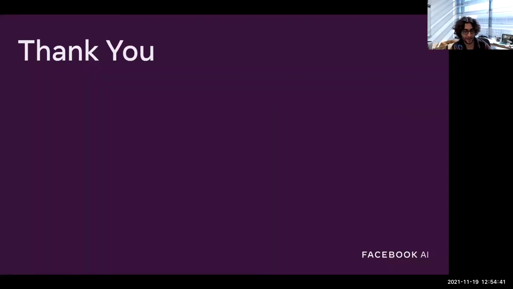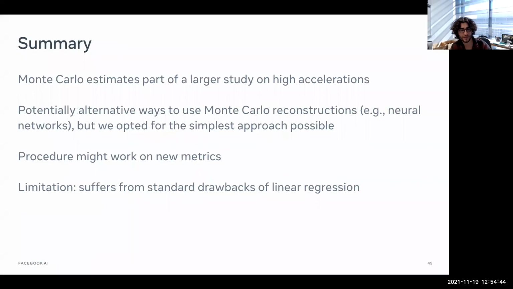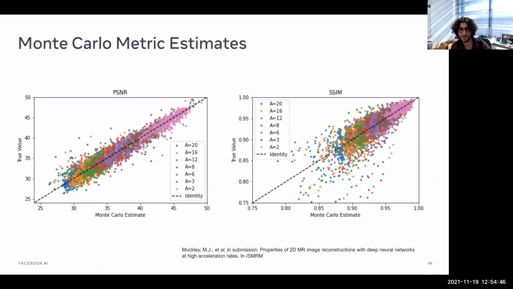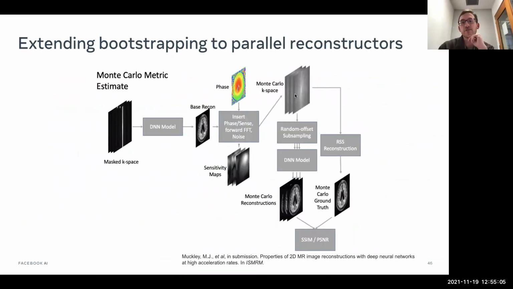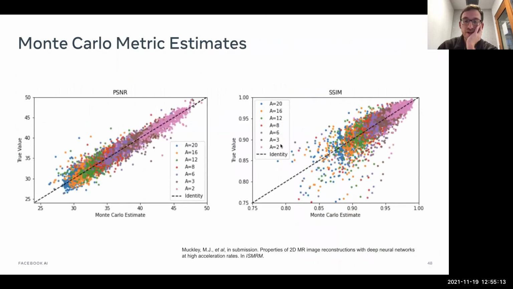I can start with a couple of questions. I didn't understand in this last bit what these A values are. So what exactly is the Monte Carlo portion? Oh, yeah. I use R for something else. So A is acceleration. Okay, and then what are you doing to actually randomize the algorithm? You're just doing different sampling patterns? Yeah, these are all regular sampling patterns. So you just change the offset. And the offset is sampled with replacement. As you can imagine, for A equals 2, you can sample the same offset multiple times. But I think I do change the noise realization.